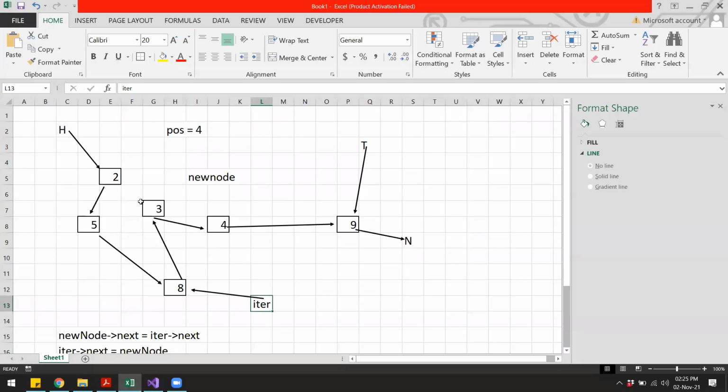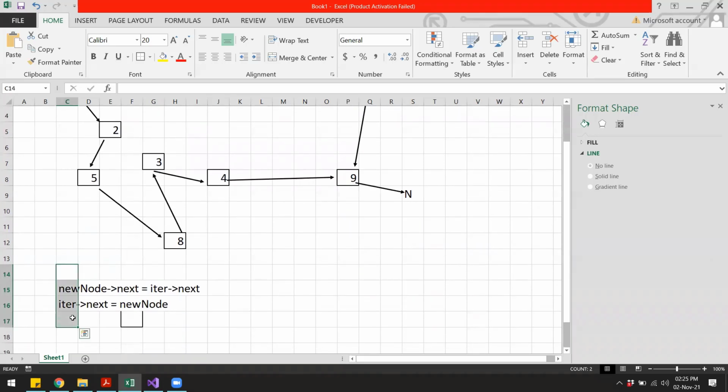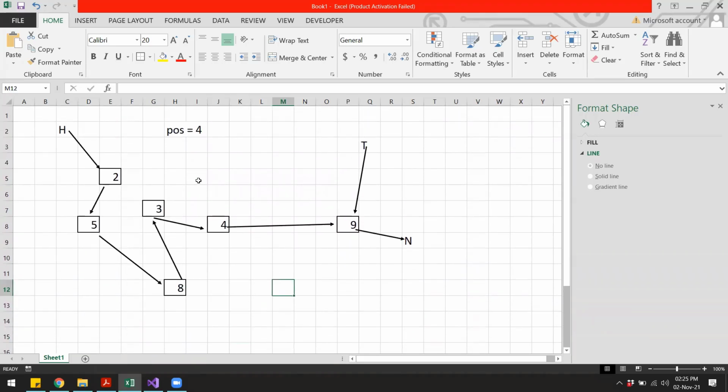So currently, let's say we have this list. So I'll just delete this iter. So currently we have this particular list, and let's say we want to remove the node from position number 1.